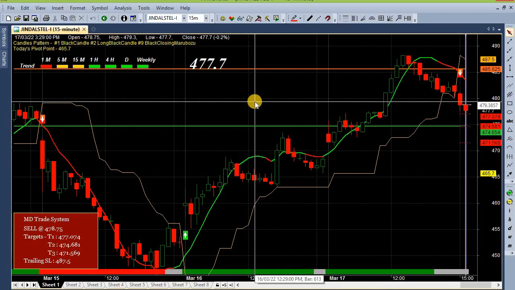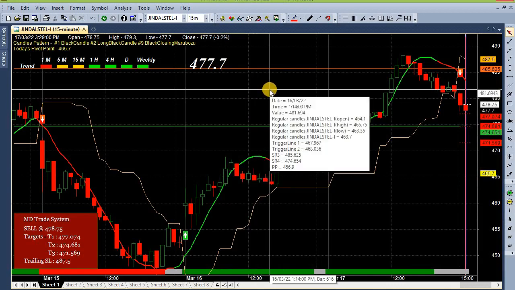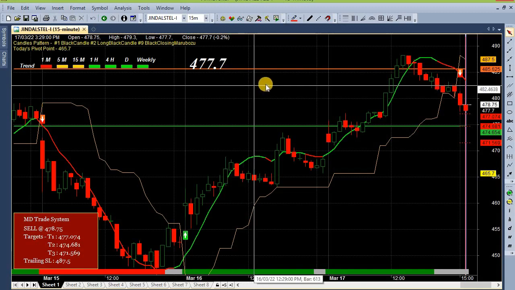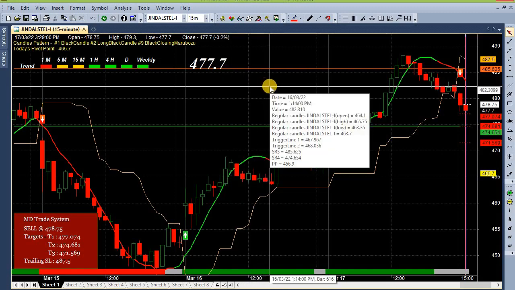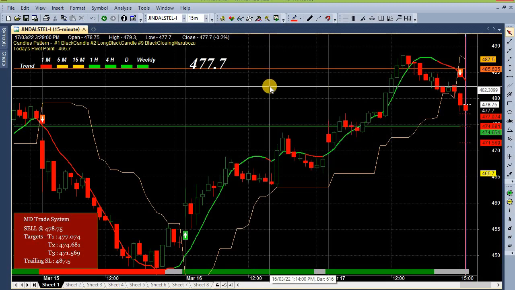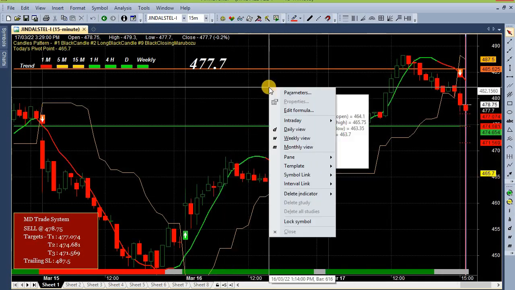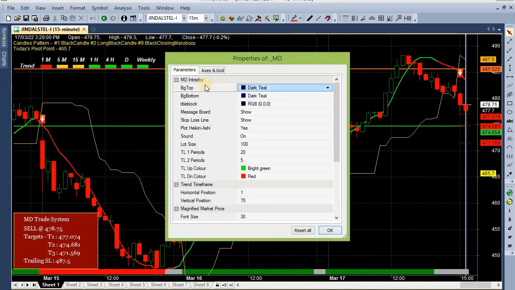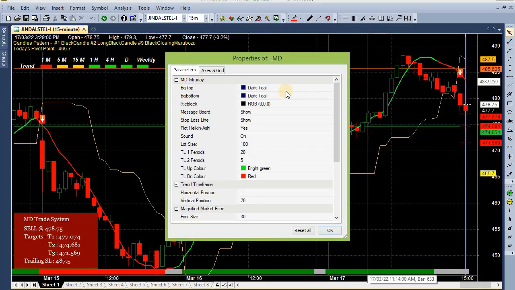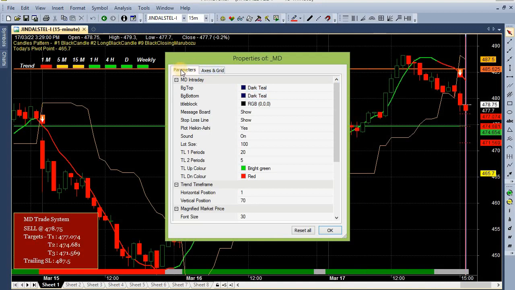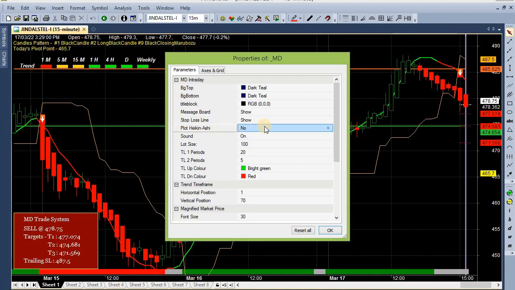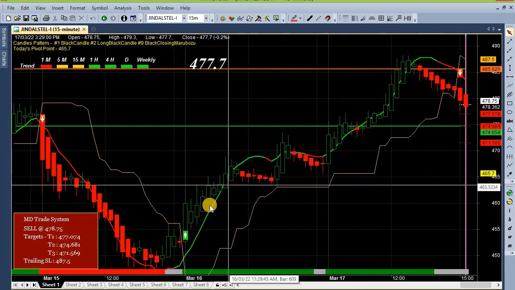I have some more information to be shared with the chart. There are a few settings that you can make in the chart to get more information, as per your technical needs. So the first thing is that this candlestick, you can change it into Heikin Ashi type candles. So I right click on the chart, then you need to go to the parameters. Then you can see there is a plot Heikin Ashi candles option.